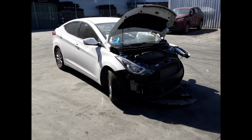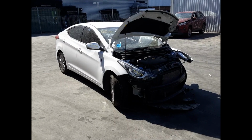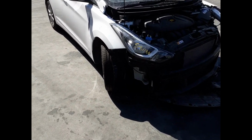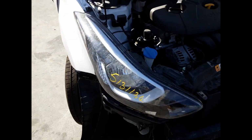Today we have a 2014 Hyundai Elantra SE, stock reference number 5298. The shape runs from the 3rd month 2011 through to the 11th month 2015. It has a G4NB 1.8 litre 4-cylinder petrol engine backed by an automatic front-wheel drive transmission. We have the right-hand headlight,